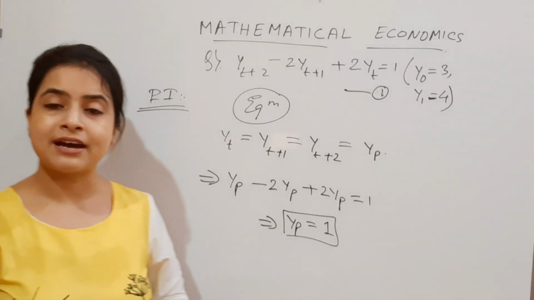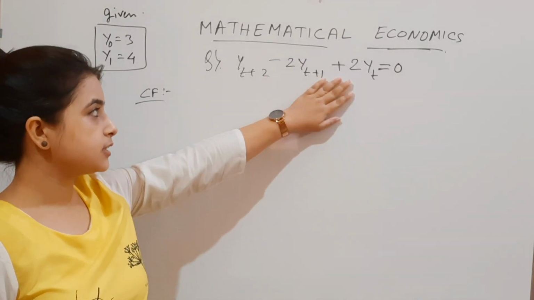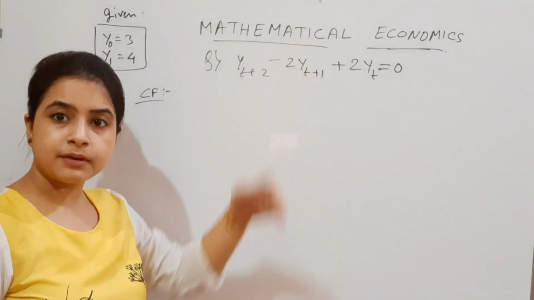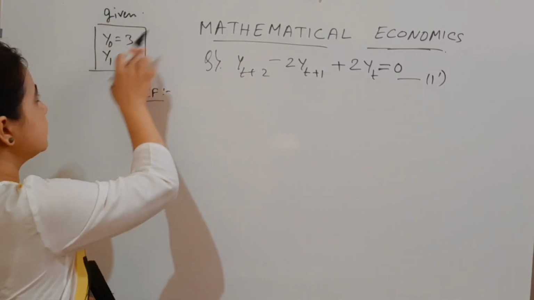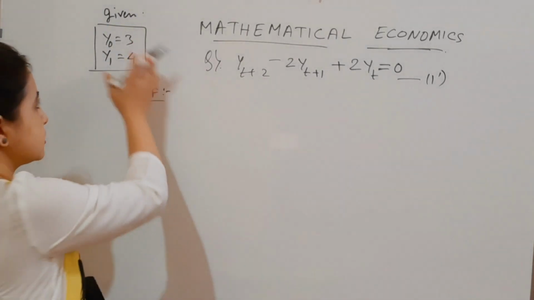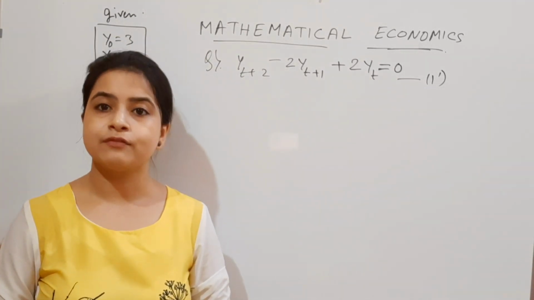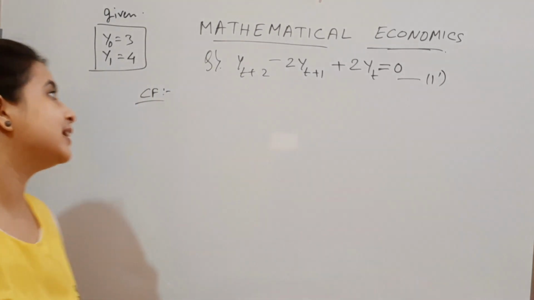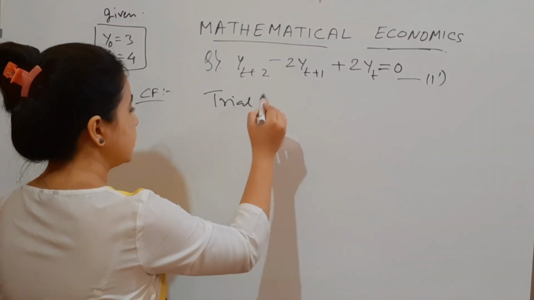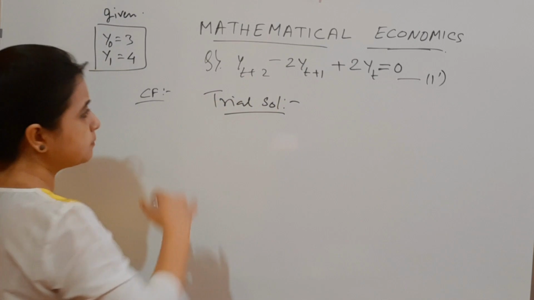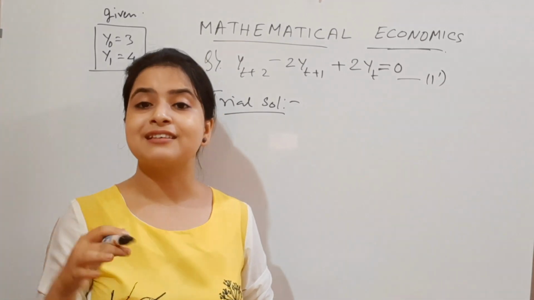So let's move toward finding the complementary function, and let's make this equation homogeneous. This is the homogeneous part that we have taken out of the main equation, and I am going to mark it as equation number 1 dash. And this is the part that was already given in the question; I have written it separately. Okay. So for the complementary function, as I have already mentioned, we have to take up a trial solution. So let's define the trial solution for the difference equation. Before proceeding with the trial solution, let me also remind you that this complementary function is the solution where we find the dynamic equilibrium.